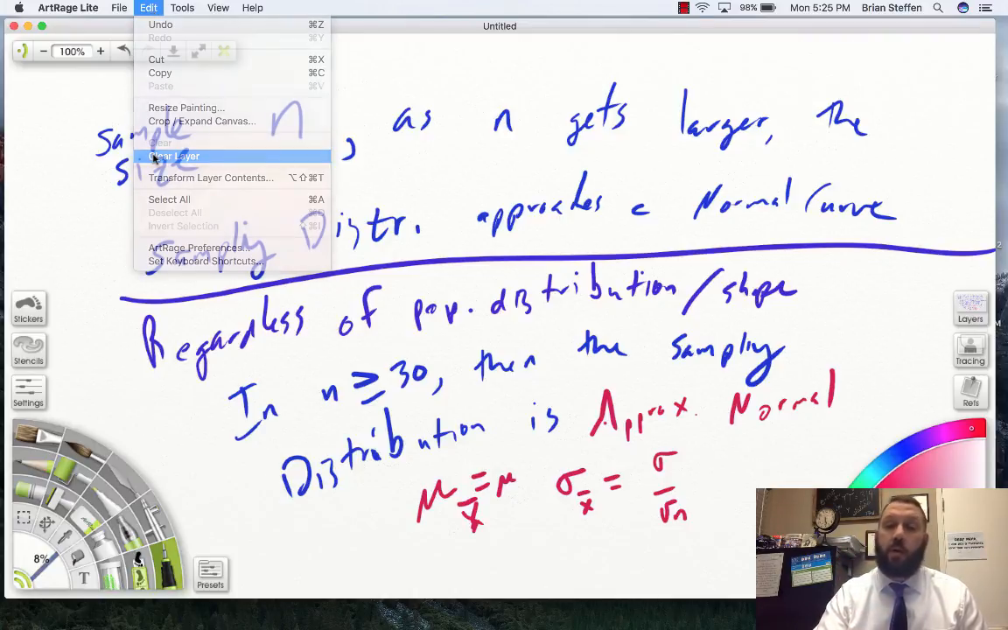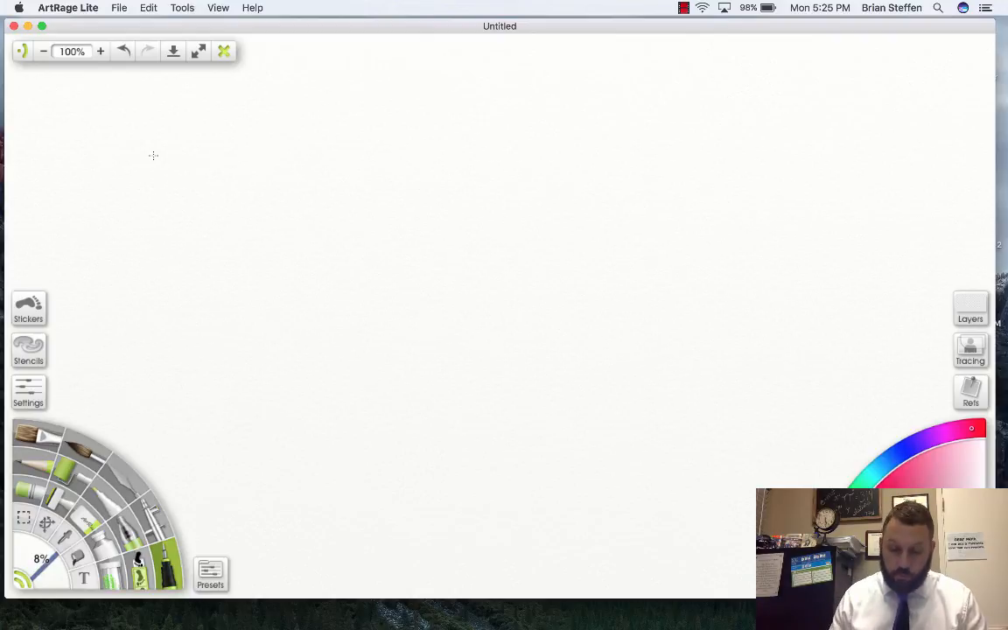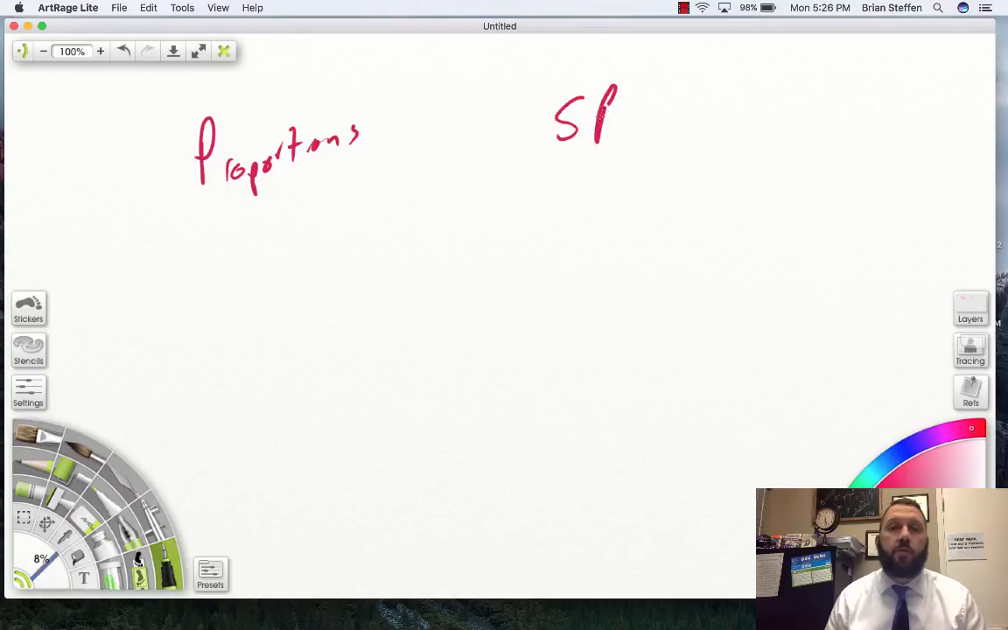So you say, well, what about proportions? For proportions, we have to think about a couple things. Now, in both of these cases, we always have to assume SRS. We always have to assume these are coming from a simple random sample. And this includes x bar. Second,